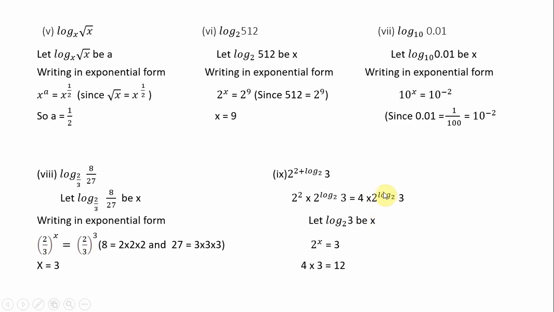Understand, children? Once again I am explaining. See, leave the 2 as it is and take log 3 base 2 as x. Then this becomes 2 to the power of x. Now 2 to the power of x, if you write it in an exponential form, is 3 only. If you assume it as x, then it becomes 2 power x is equal to 3. 2 power x is equal to 3 means replace this number. So 2 power x value is 3. This 4 already exists and 2 power x value is equal to 3. 4 into 3 is equal to 12. This is how you have to find out the value of the logarithms.